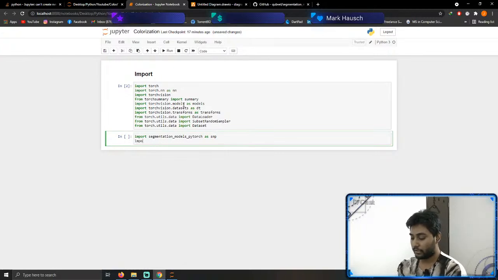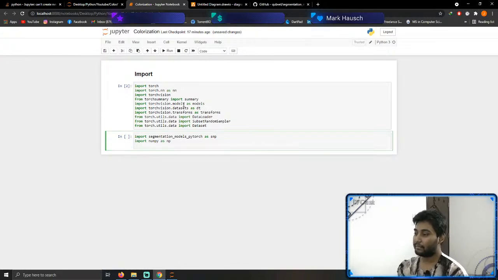I'll also be needing the most important one, NumPy. You will be using NumPy for most of your machine learning career. So if you need to learn more about it, then please comment below, and I may do an in-depth stream about NumPy in the future. Import